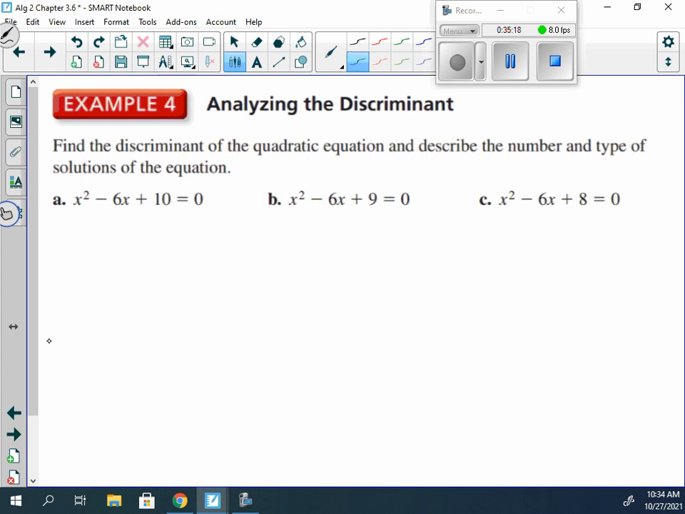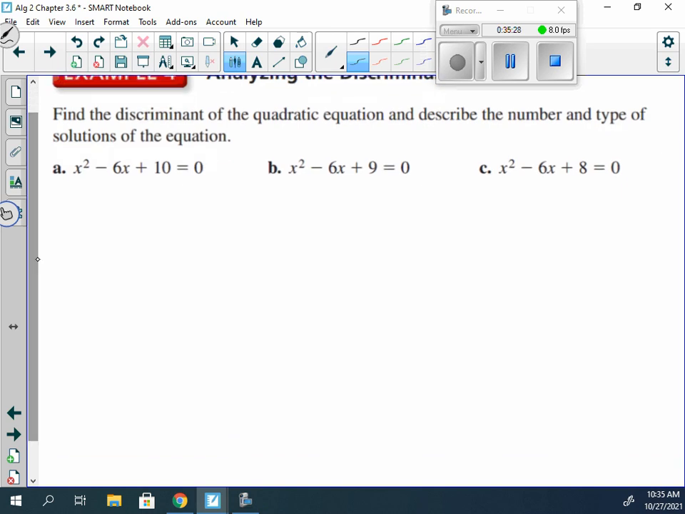Find the discriminant of the quadratic equation. Describe the number and type of solutions of the equation. So they're wanting three things. So find the discriminant of each one. So our b squared minus 4ac. So what is the value of b? So we have negative 6 squared minus 4 times